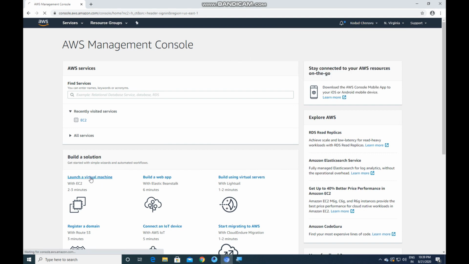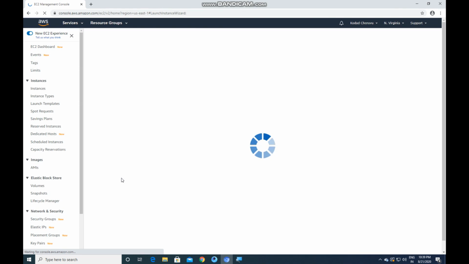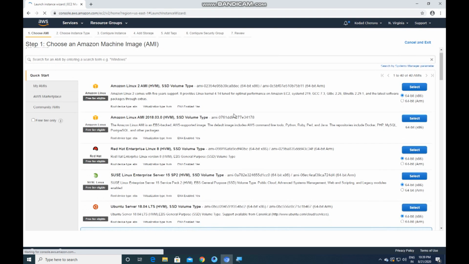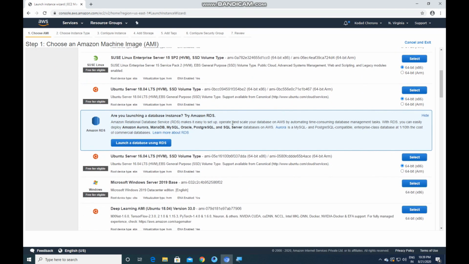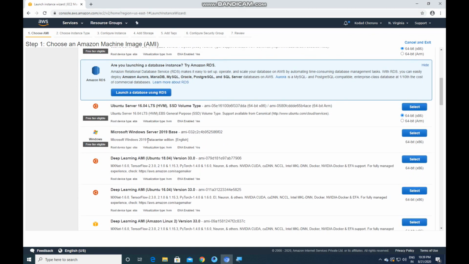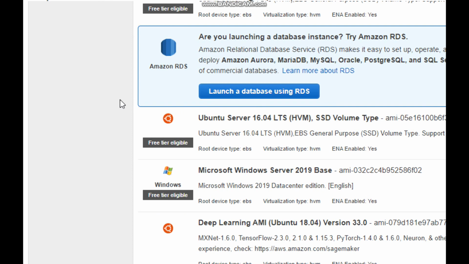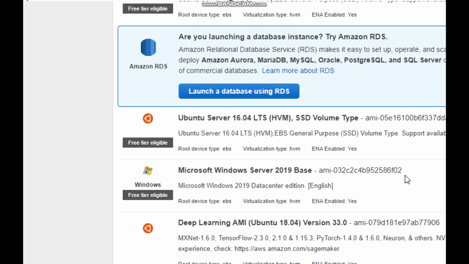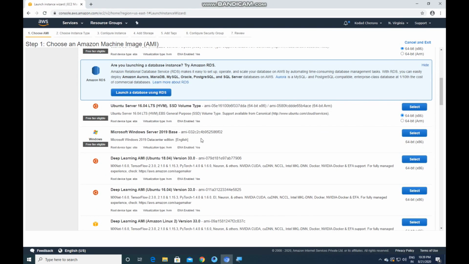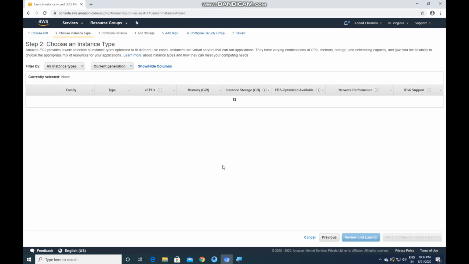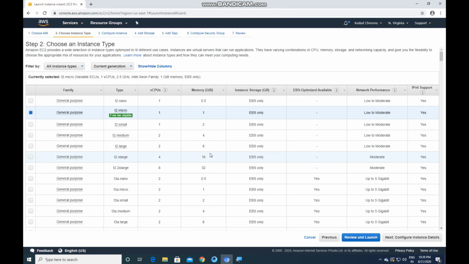Launch a virtual machine with EC2. Guys, please select Windows Server 2019 Base because we want a Windows operating system. Now select it. It will show the configuration of the RDP.